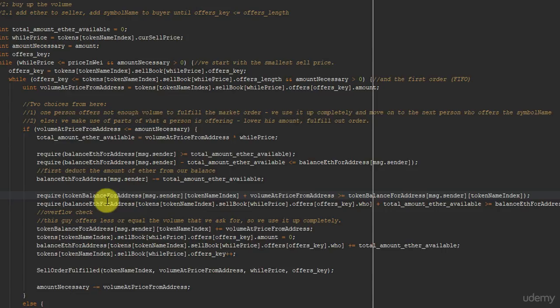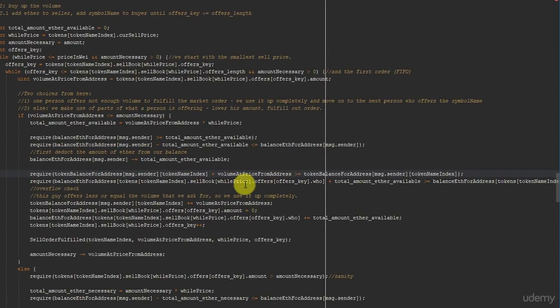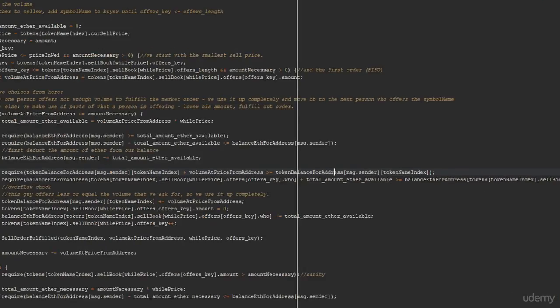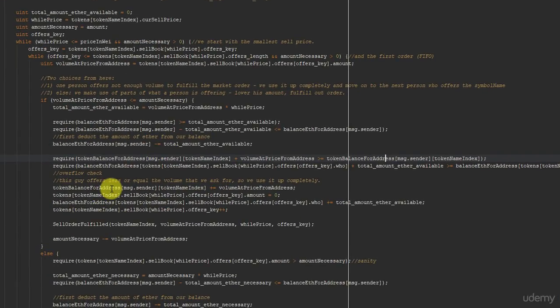And then we check if the balance in ETH for this address, the one that is trying to sell the tokens, plus the balance that we credit him will be larger than the current balance he has, so an overflow check. And then we add him the balance, or we add us the balance in tokens, and we remove the offer from the sell book, and then we add the guy who has just sold us the tokens the ether for the price that he tries to sell the tokens for. Obviously we increase then where we are at in the stack of offers, we emit an event, and we lower